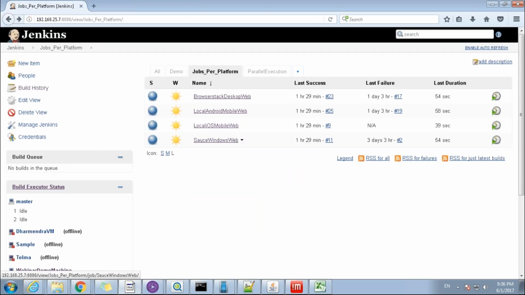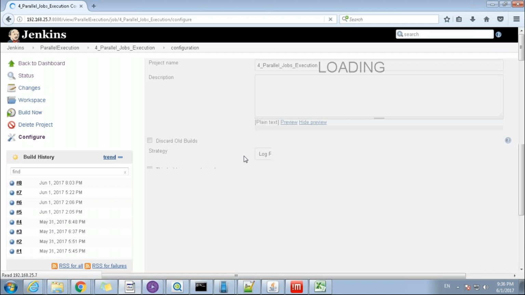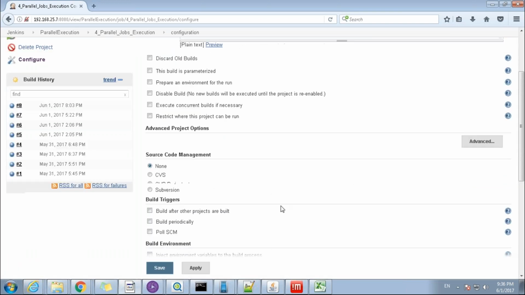All of these 4 Jenkins builds are actually used as a post-build action in one of the builds. So let's look at this build just to make sure that everything is all right. As you can see, this build is empty. There is nothing that we are building here.